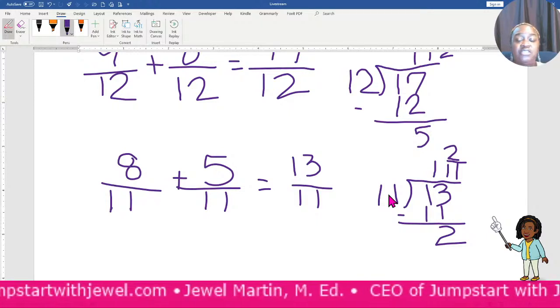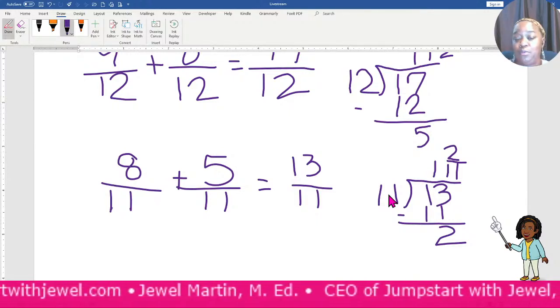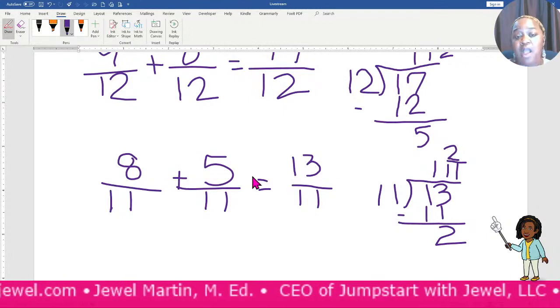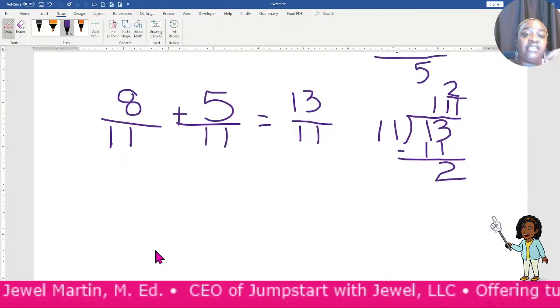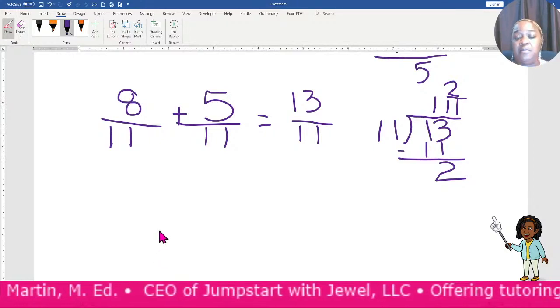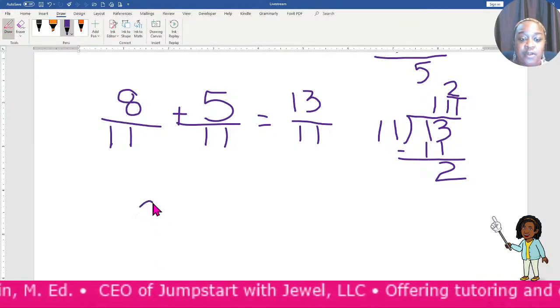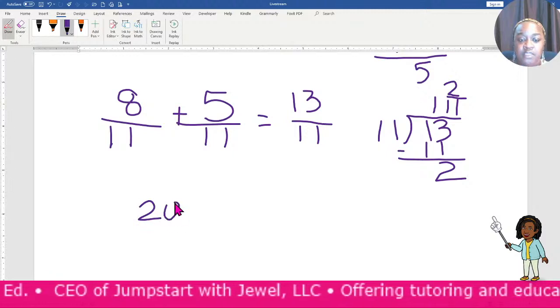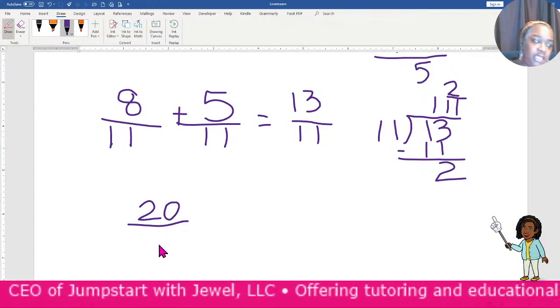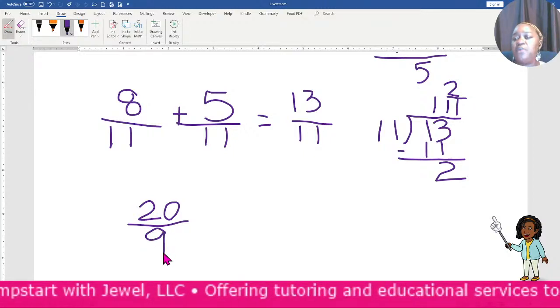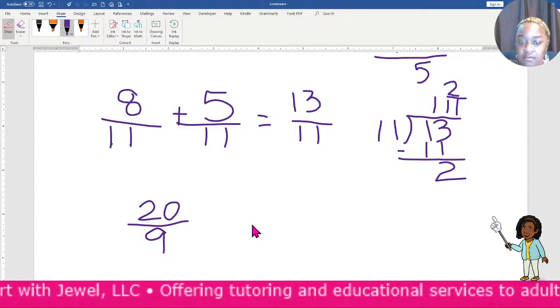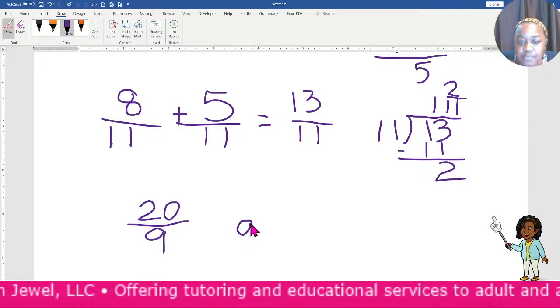You may have an exercise where it may just show you. It may not even be an addition problem for fractions. It may just say, hey, convert these improper fractions to mixed numbers. So you may see something like 20 over 9, and they'll just say convert it to a mixed number. Okay, same thing. 9